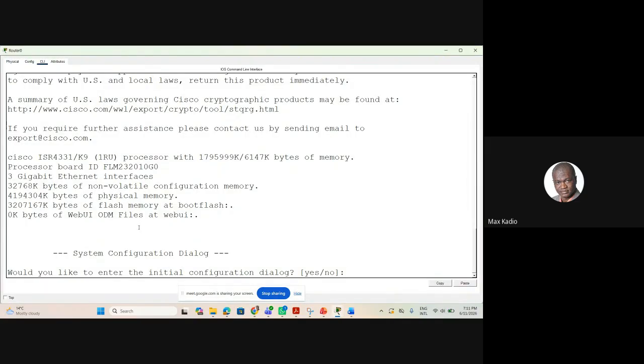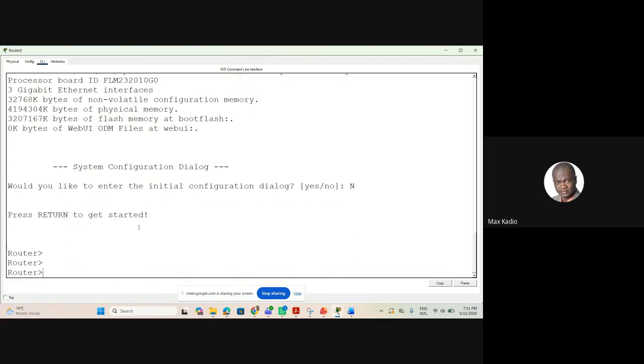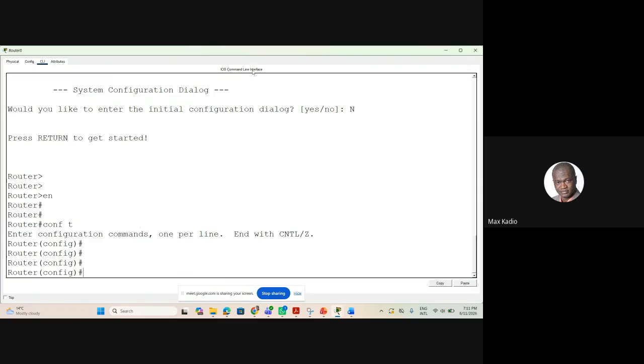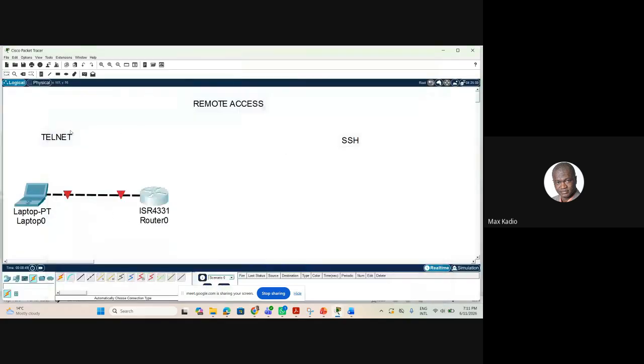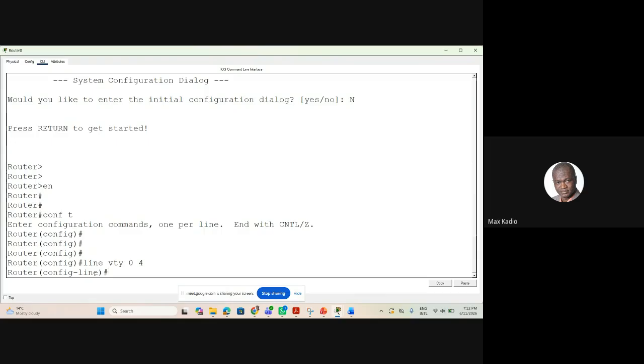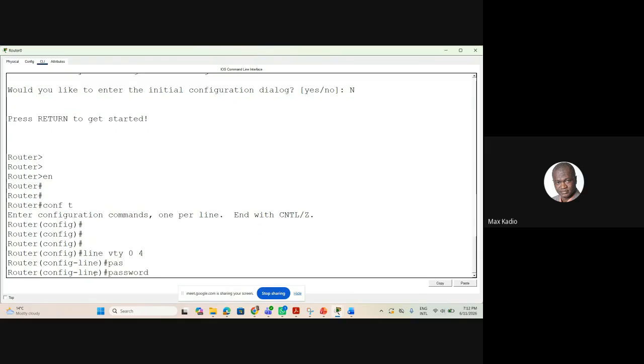In the CLI, I type no, enable, conf t. If you want to use telnet or SSH, you must do the configuration in the router. Anything you want to do, you must do the configuration first. So I go to it here, then I configure line VTY 0 4 or 0 5, it's up to you. Password, lowercase CCNA,